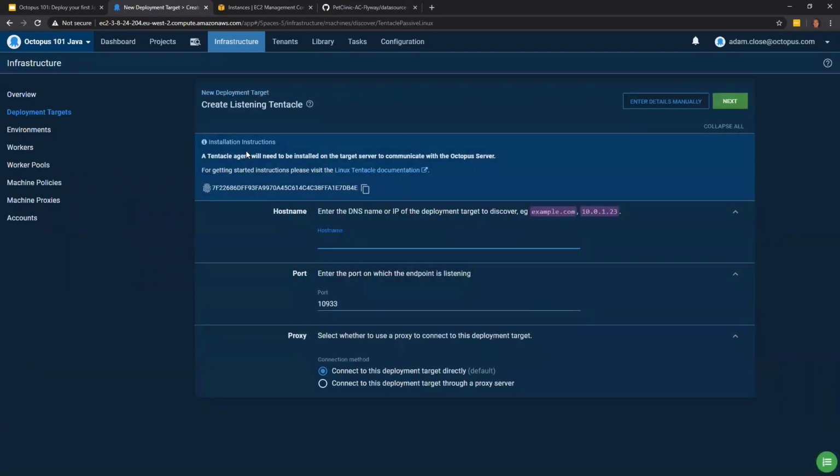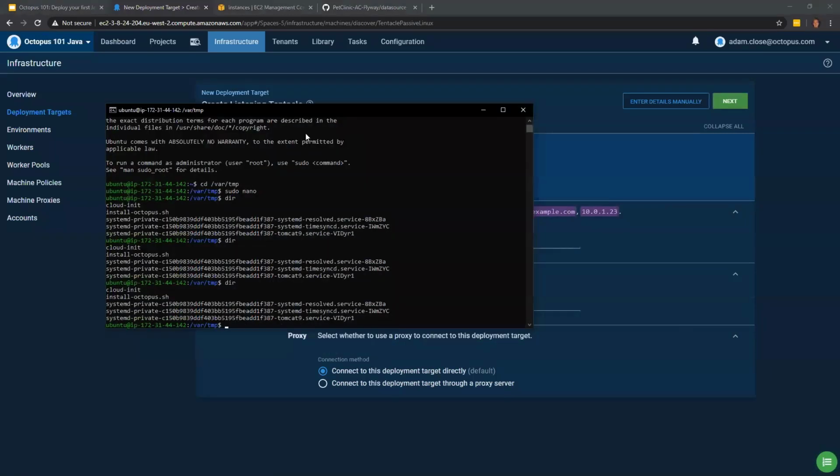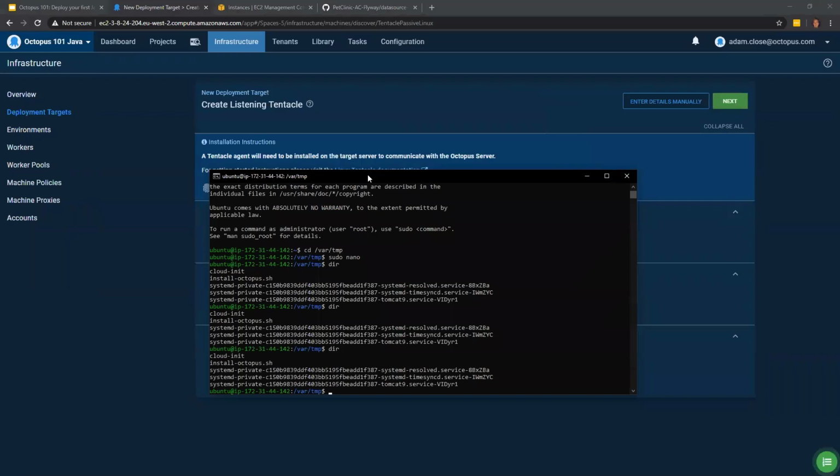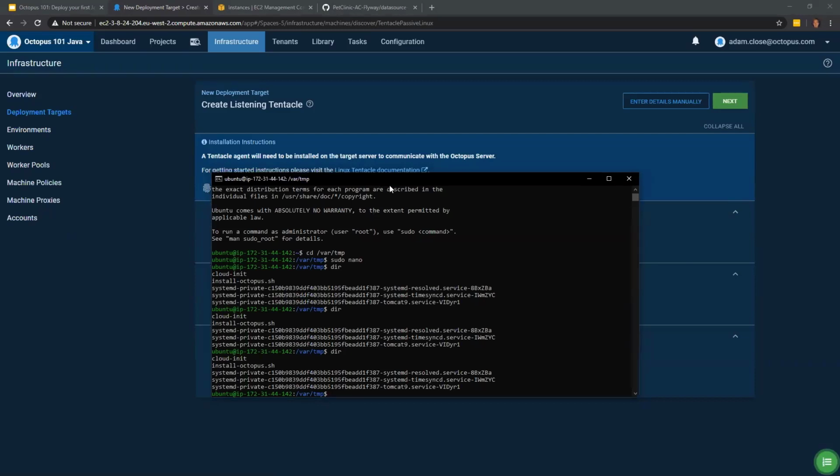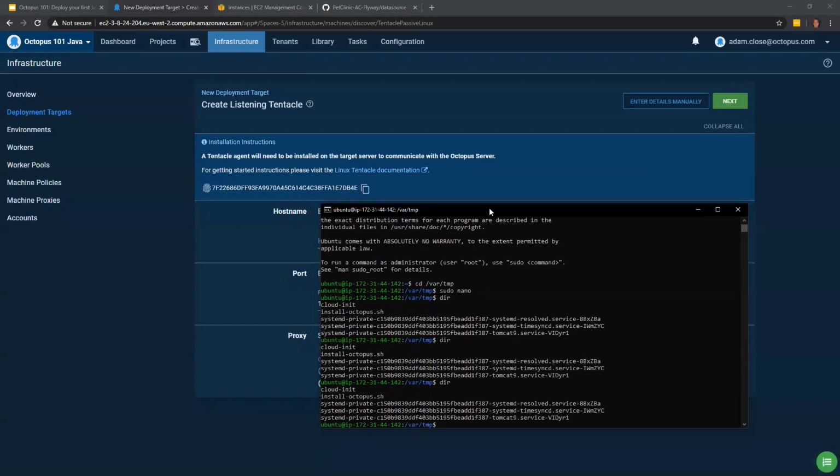And the first thing, it's going to give us some installation instructions. So we need to actually install the agent on the Linux machine. So I just open my SSH to my dev Linux box. So the first server we need to set up is our dev machine. Now, I've installed the Octopus Tentacle Manager already. However, I still need to configure the tentacle. I've done this for the test, production, and database machine, just to speed this along a little bit, but not the development box. So I've created a script,